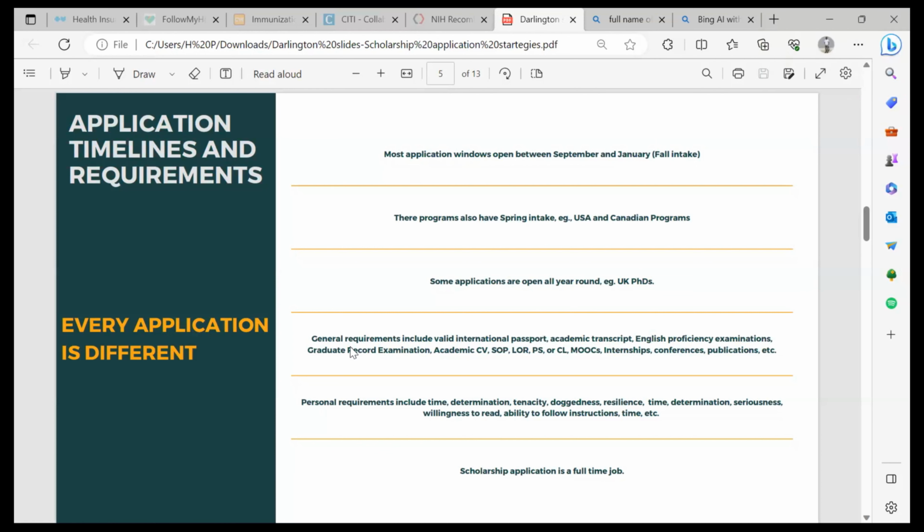But there is also the spring intake, especially for schools in the USA and Canada. They can recruit a PhD student to start the spring semester. So it's not as if you don't make it in the fall that everything is gone. The chunk of them will be in the fall intake, but you can also see the ones that take spring intake. That means you might be applying around March, April, May. You can still apply for scholarships that have this intake. And also some applications are open all year round, for instance